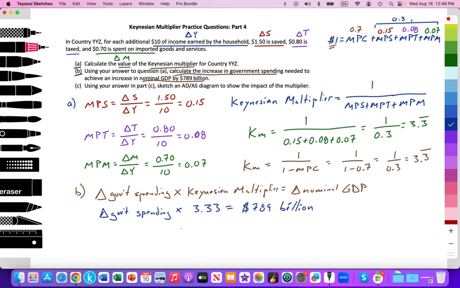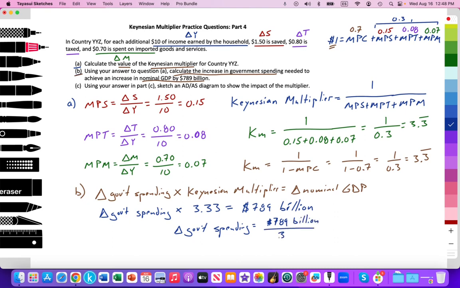Great. So we're just going to do basic algebra and discover the answer. The change in government spending will be equal to $789 billion